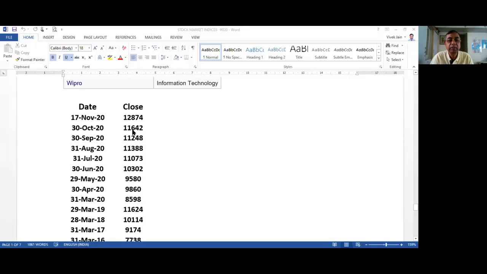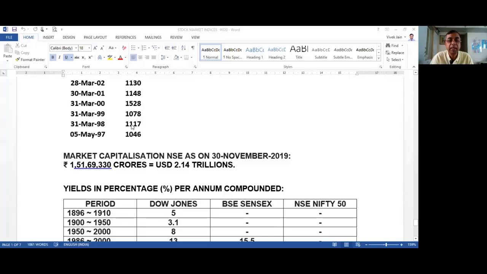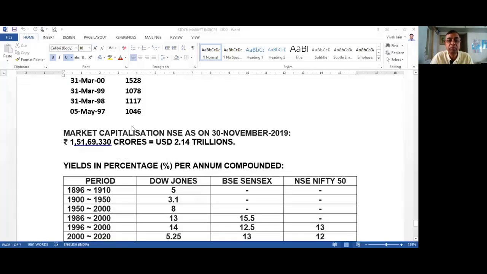in November 2020, it was at 12,874. And as I speak with you today, Nifty has crossed 13,000. Market capitalization of Nifty 50 as on 30th November 2019 is 151 lakh crore in Indian rupees and 2.14 trillion